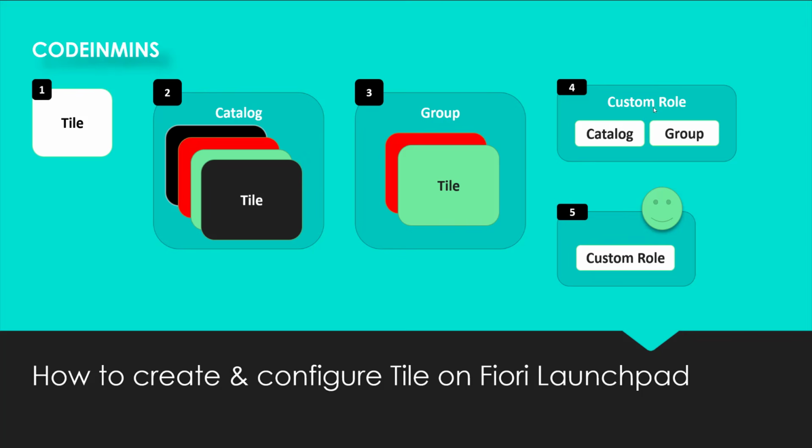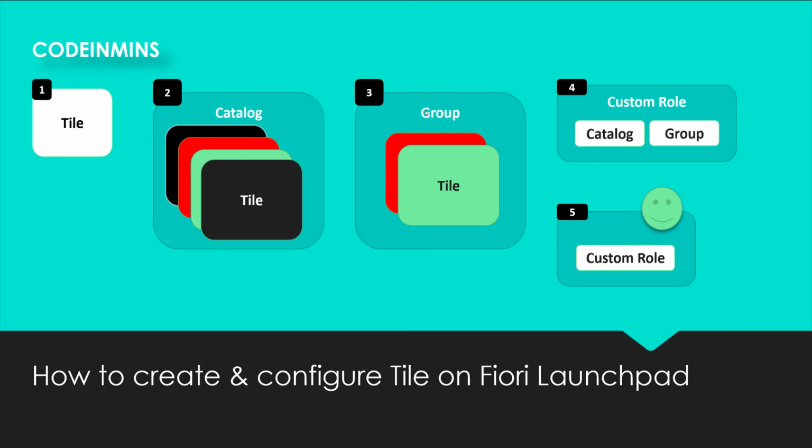Now at the fourth step, we need to create a custom role, and inside that role we assign the catalog and the group. And once this fourth step is complete, that custom role is assigned to a specific user. As soon as this custom role is assigned to a user, that user will be able to see the Fiori Launchpad group and the associated tile inside that. So these are the steps we need to perform in order to get the Fiori tile onto the Fiori Launchpad